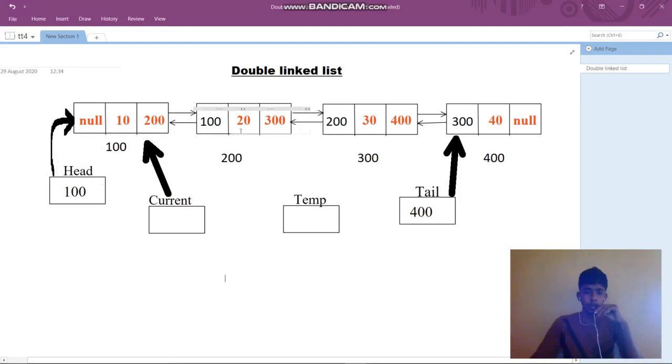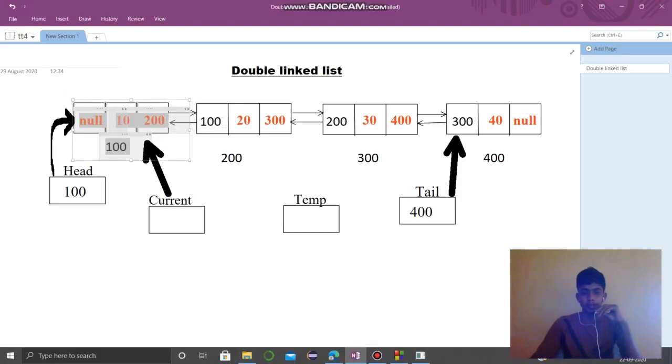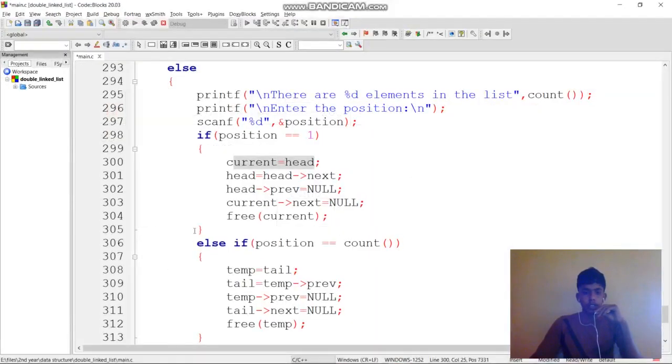Now head is pointing to 200, so it will be the first node. Now current is pointing to this 100, so we need to free it. It will delete the memory of current, so I used free of current. The head will point to 200, that is, it will be the first node.